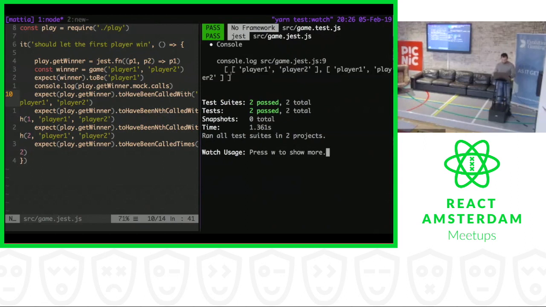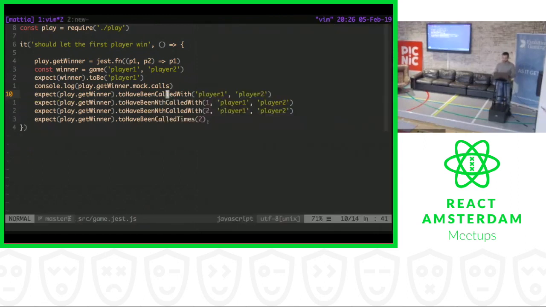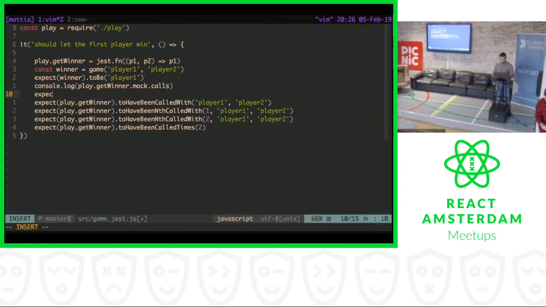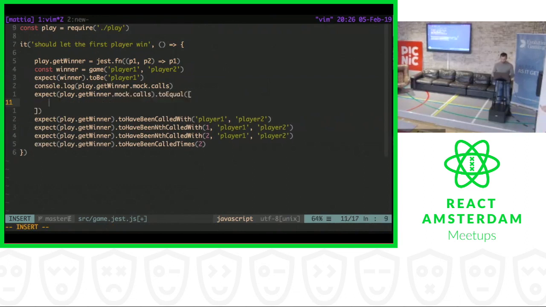So we can actually swap these 4 assertions with just one of them, because we can expect that play.getWinner.mock.calls has to be equal to an array who has a player 1, who has a player 2,